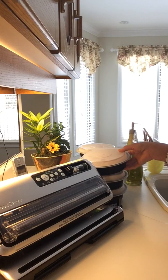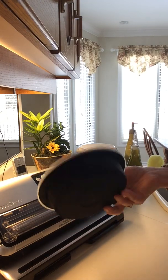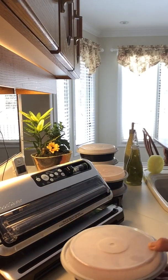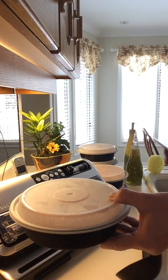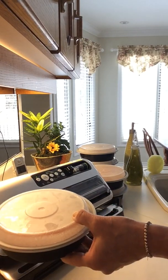In today's video, I'm going to show you how I freeze my soups. I've made roasted red pepper soup. These are Chinese food containers, any plastic container will do, and a good old-fashioned ladle. I scoop the soup, I pour it into the container. When it's cool, I put the lid on, I put it back in the freezer, wait for them to freeze,